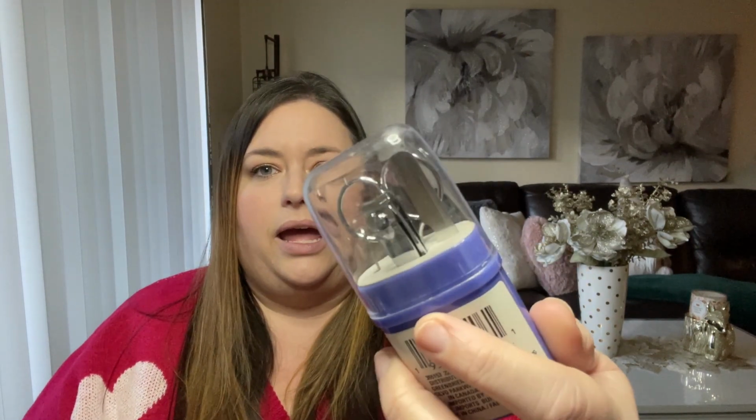Next up, there was this cute little manicure set. So it comes with a little nail file in there, a little pair of scissors, a nail clipper, and then the cuticle pusher thing, all in this little set. Obviously you could not take this in your carry-on. They think you're going to take over the plane with a nail clipper. I thought this was still a good deal though for $1.25,